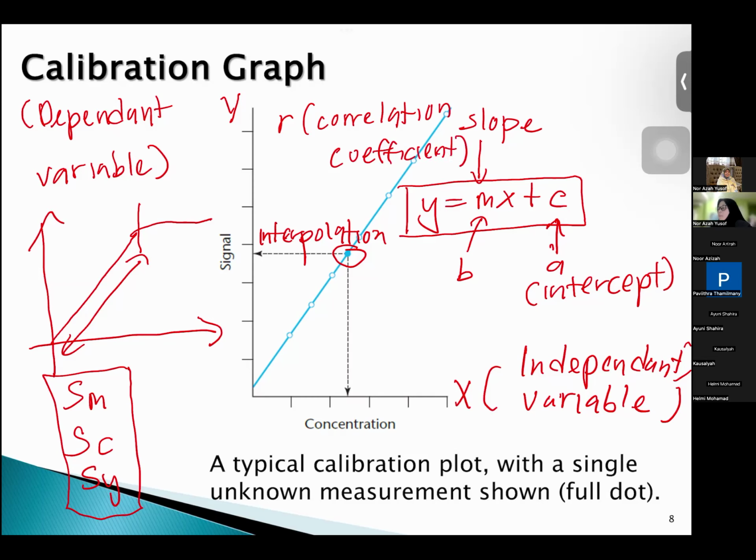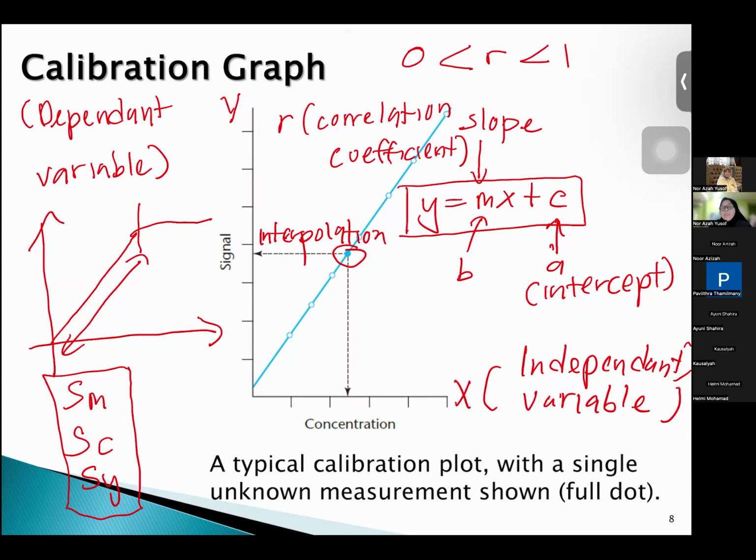So R is between 0 to 1. Okay. So R can also be calculated using a formula. It looks like a complicated formula, and it can also be generated from the spreadsheet, which is much easier. So if you can get R